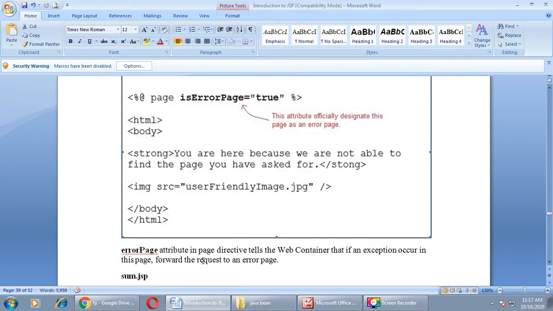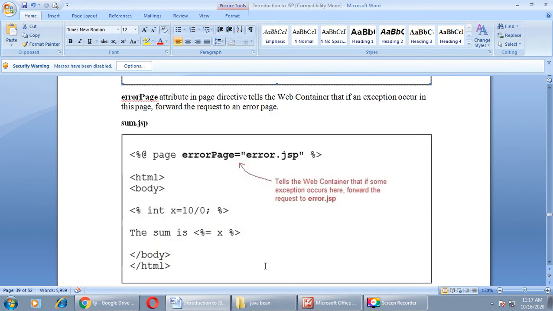The errorPage attribute in a page directive tells the web container that if an exception occurs in this page, forward the request to an error page. Let me explain through an example. Here the name of the page is sum.jsp. This is our normal JSP page. You can see the page directive. Here we have set one attribute, errorPage equals error.jsp.